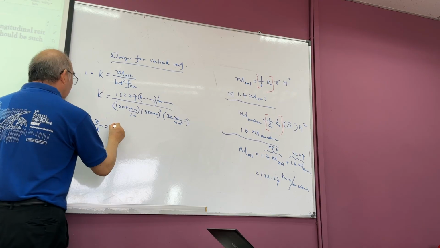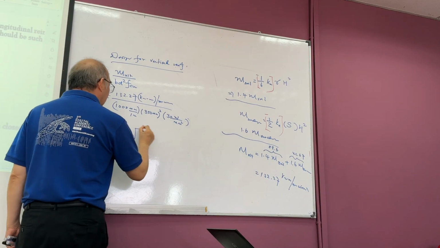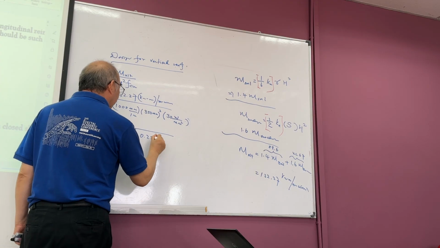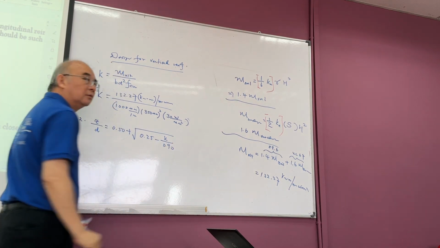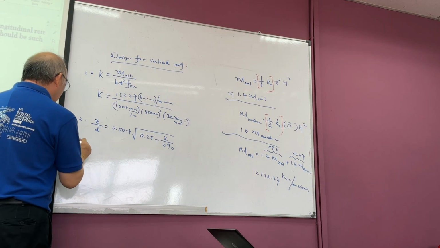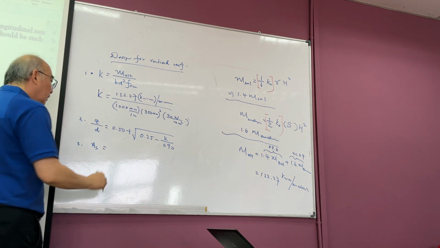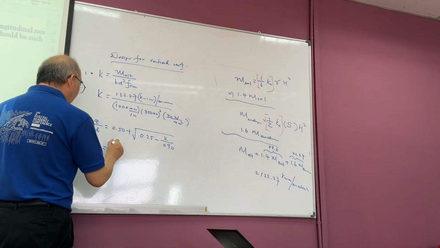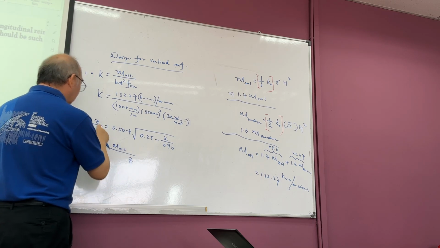Lever arm is equal to 0.95 times d, that is d multiplied by 0.5 plus square root of 0.25 minus K divided by 0.9. So this formula is in the code, right? And then third is AS. AS is equal to M ultimate divided by